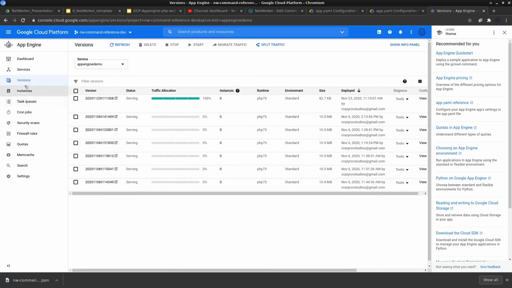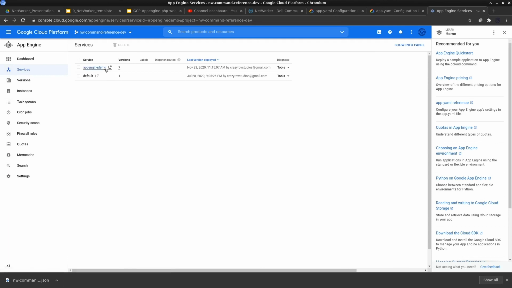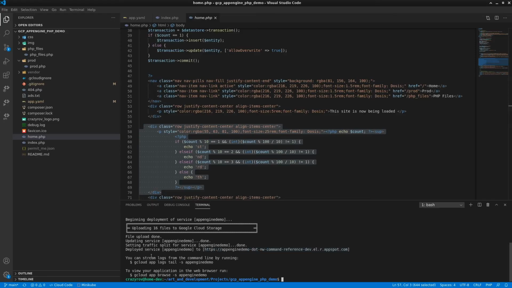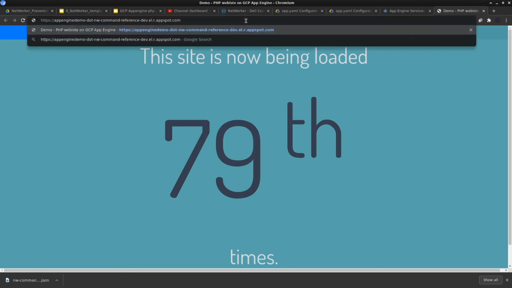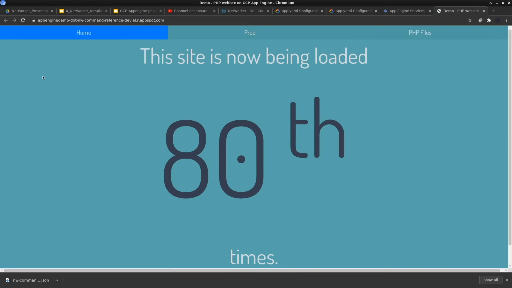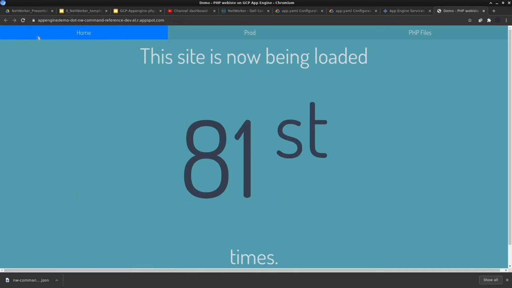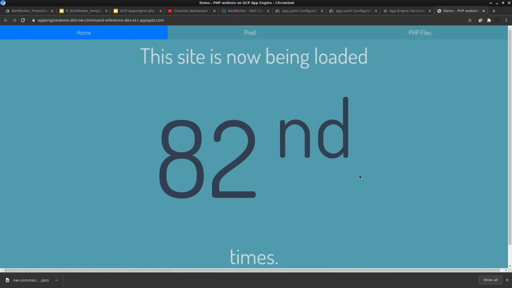Okay. And to access the URL, it is pretty simple. Go to services, and all you have to do is click on this option here, and that URL is also mentioned in your deployment completion summary. So all you can do is just copy this, and since this is already launched, paste it here. Every time you refresh the page, the count is going to increase. So that is how this dynamic website works.